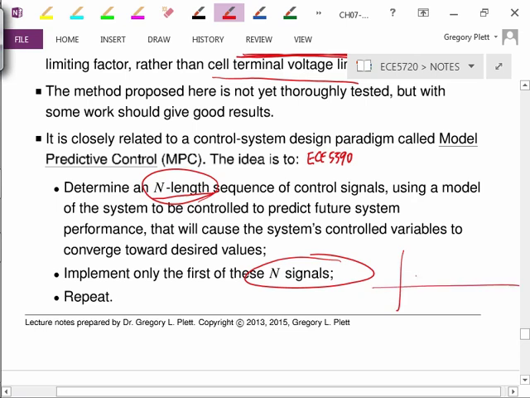So in a timeline, I determine this is the signal of the future, but I implement that one. And then at the next point in time, I determine a slightly different trajectory because conditions have changed, because of disturbance or who knows what, and I implement only that one. And the next time I figure out the future thing to do, but I implement only that one. The fact that I'm predicting n samples into the future actually gives some robustness to the method,